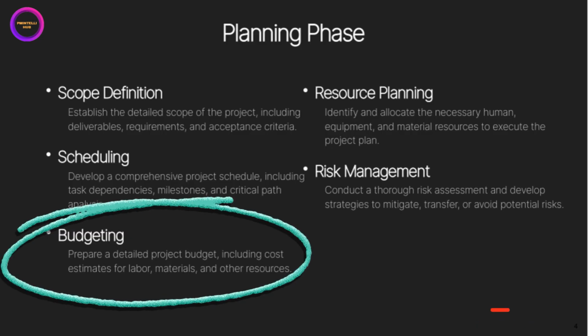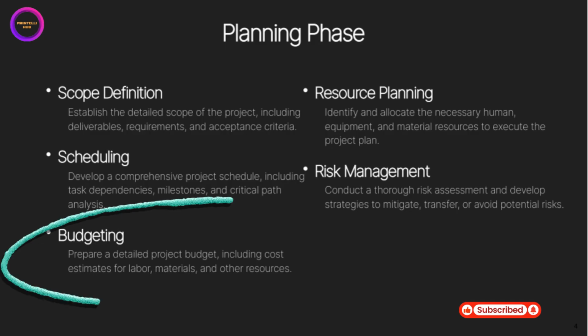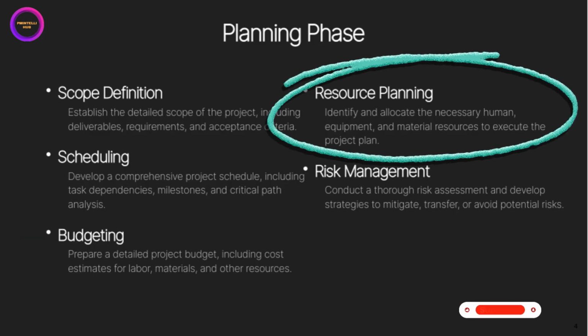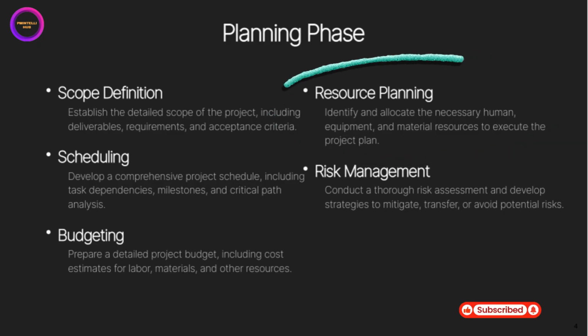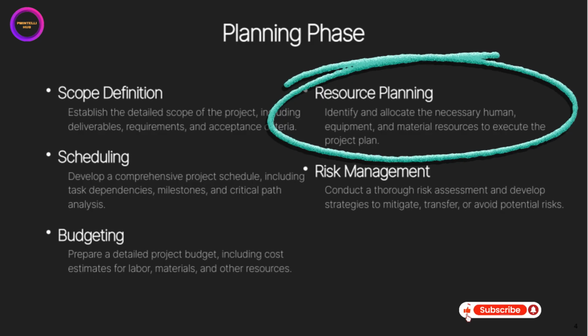Having a solid budget allows us to manage expenses effectively and ensures we have the financial resources needed to complete the project. Resource planning is also crucial. We need to identify what human skills, equipment, and materials are required, and then allocate these resources efficiently. Proper resource planning ensures that we have the right people and tools in the right place at the right time,